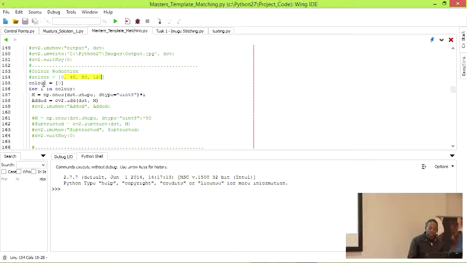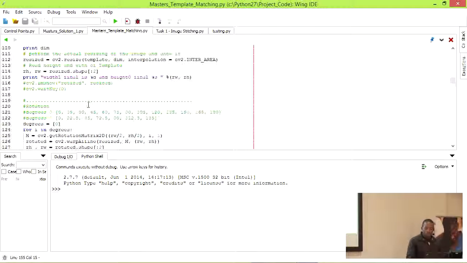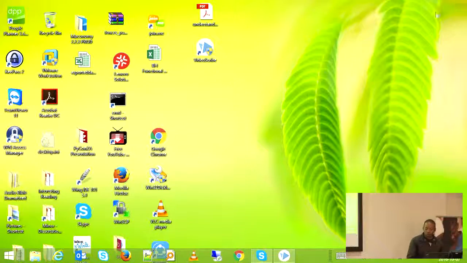So sometimes, as you can see, I commented out color to not go through the iterations of 40, 80, 120, but just whatever color it is. It just runs through it. Or rotation: instead of going through every 15 degrees, you're now looking at every 22 degrees in this sample. So it's reducing the amount of time it takes, but at the same time, we want accurate data. So it's a scale between which one you want, accuracy or speed. And that's the code involved in the program.